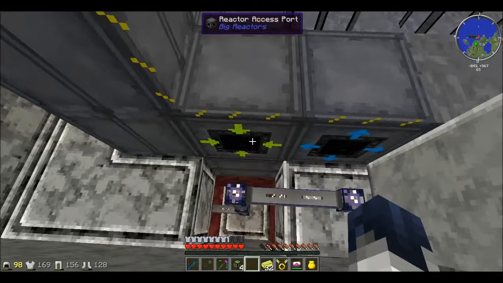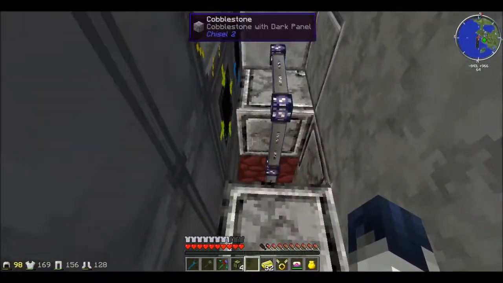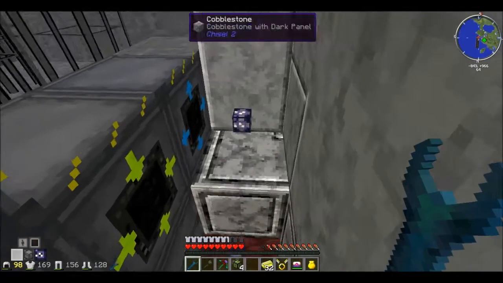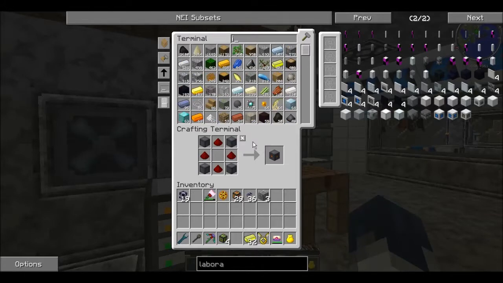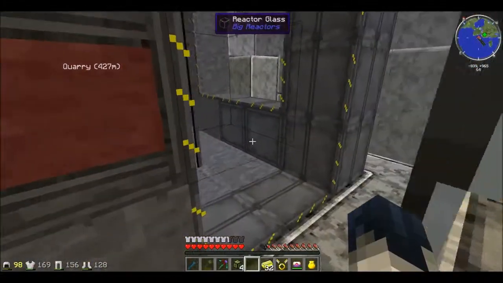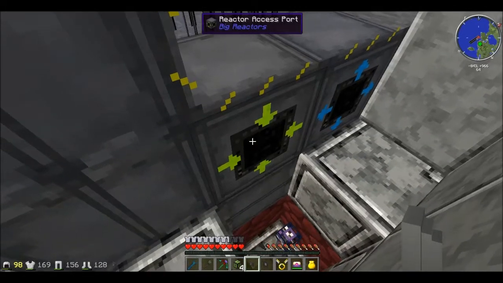So this one is for input, so we'll let it be in inlet mode, and I'm going to specify, for example, that and that. Well, actually I need an import and export bus. Import and export bus. Okay, so the export bus should go here,